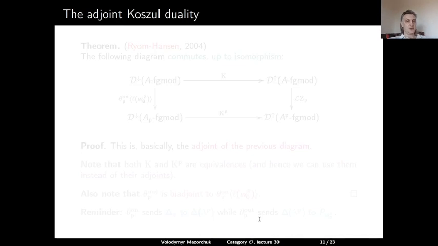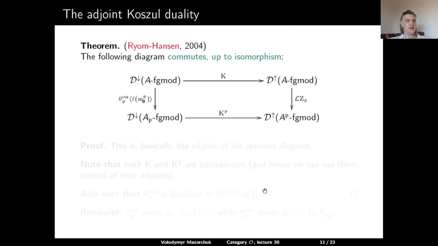We also have the adjoint statement that the following diagram commutes up to isomorphism. We start from the down arrow category in the regular block. We translate to the wall, to the down arrow category of the singular block, and then go by the parabolic singular Koszul duality to the up arrow category of the parabolic block.